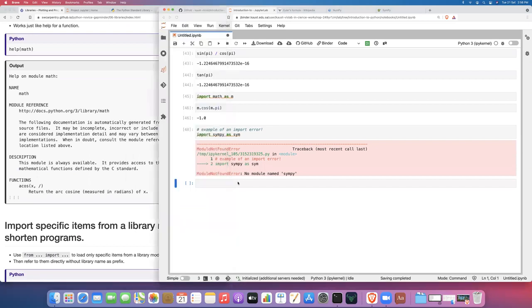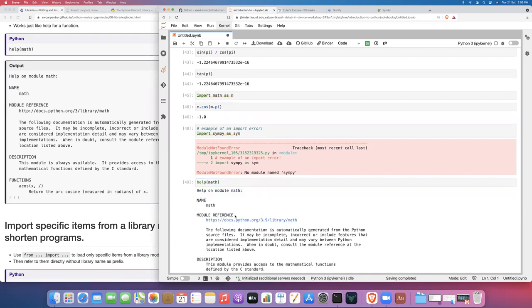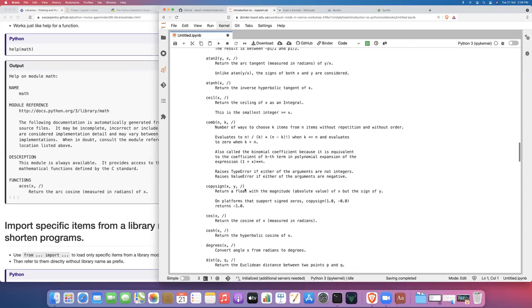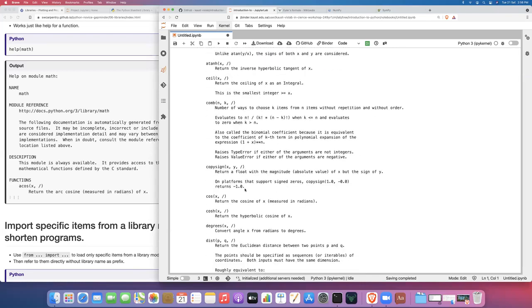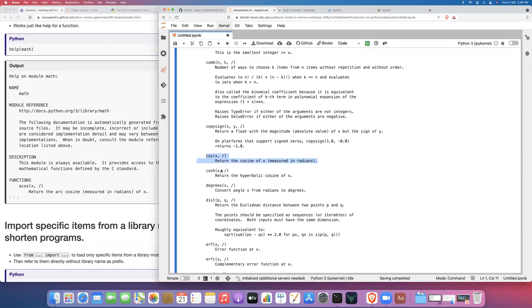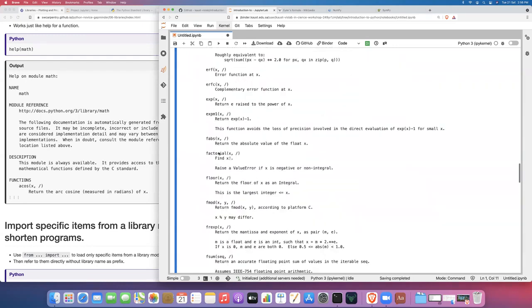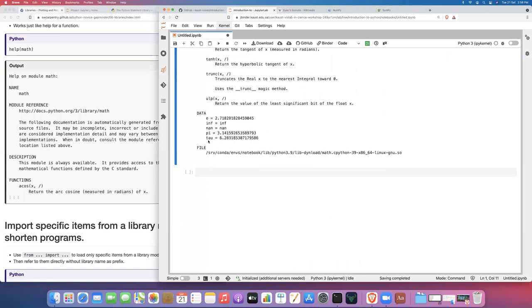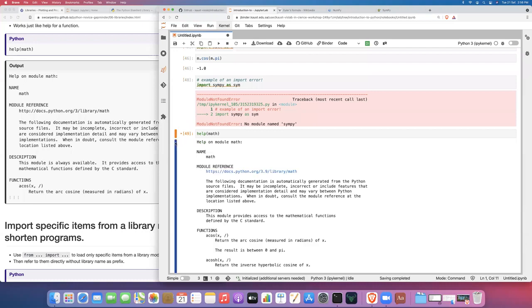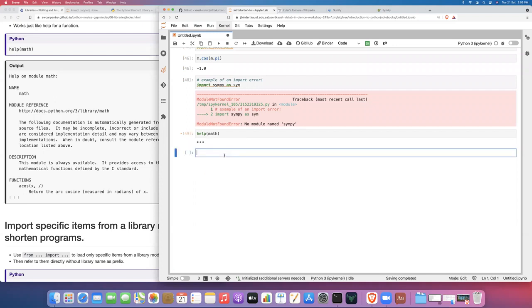So there's a built-in function called help, which you can use to look up some documentation on the module. So this is basically just everything that we can find using the question mark, but accessing the individual functions. So for example, here's cosine. Instead of printing out this huge document to the screen, which we can actually get rid of by clicking this little button over here to hide that long output,